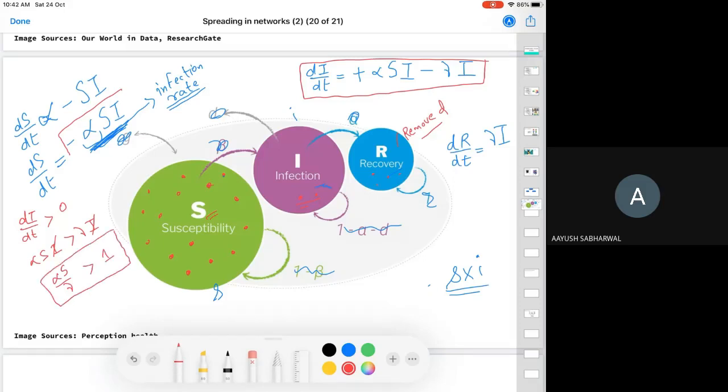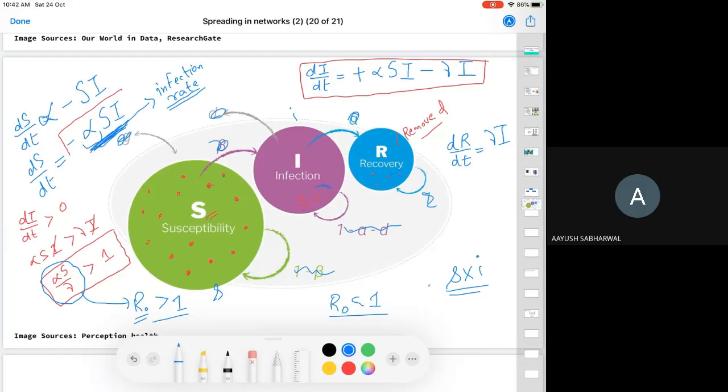This equation is very important whenever you model the spreading of any disease, be it your previous infections, an Ebola-like disease, or corona. So this number here, which we got, this formula here, is called the reproductive number R0. The reproductive number plays a very important role in deciding whether your disease will spread in the network or will it die. If this reproductive number is greater than 1, it means that your disease will persist in the network. If this number is less than 1, it means that the disease will ultimately die.